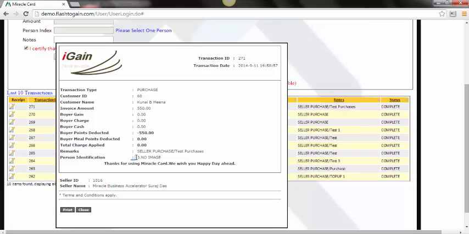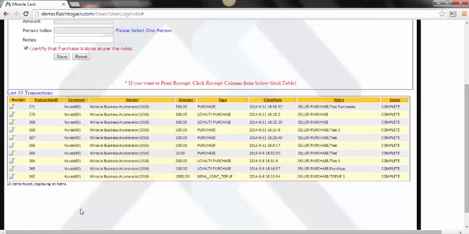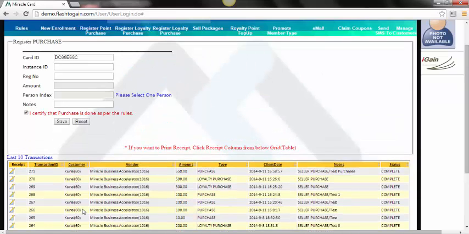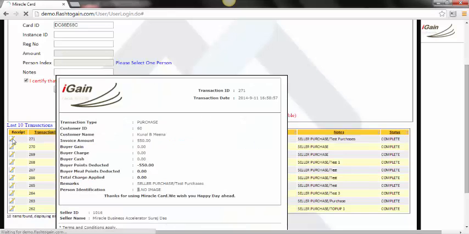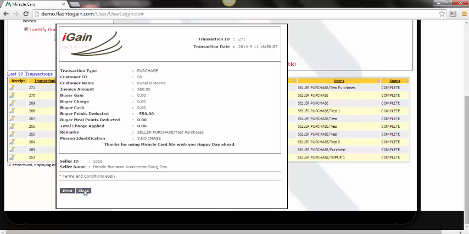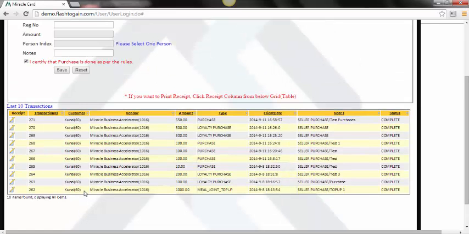This also shows the seller name and the person who came for the purchase. Now if I want, I can also reprint the receipts directly by clicking on the receipt column within the report.